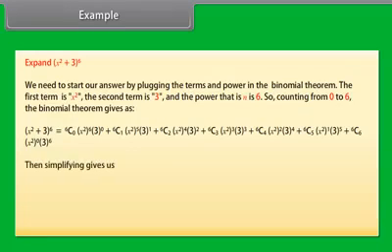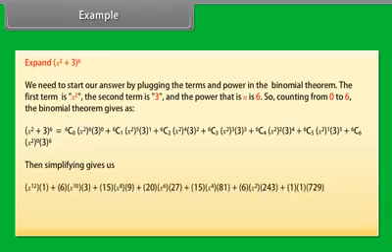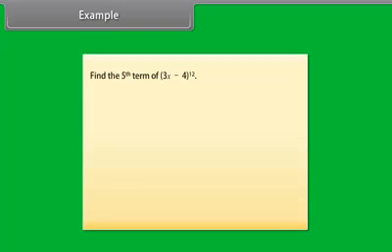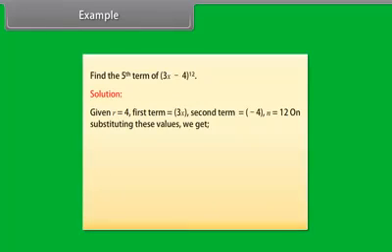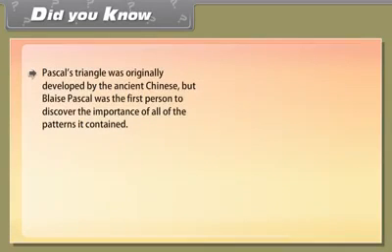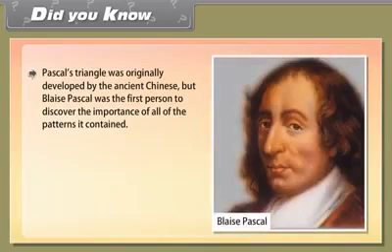to 6C0 into x square raised to power 6 into 3 raised to power 0 plus 6C1 into x square raised to power 5 into 3 raised to power 1 plus 6C2 into x square raised to power 4 into 3 raised to power 2 plus 6C3 into x square raised to power 3 into 3 raised to power 3 plus 6C4 into x square raised to power 2 into 3 raised to power 4 plus 6C5 into x square raised to power 1 into 3 raised to power 5 plus 6C6 into x square raised to power 0 into 3 raised to power 6. After simplification, we get